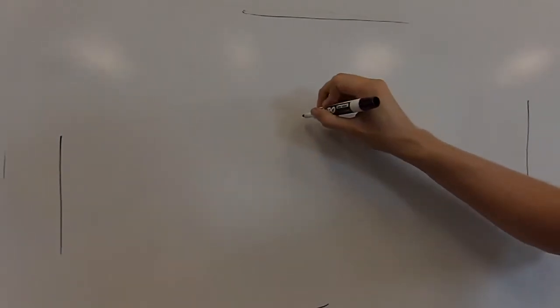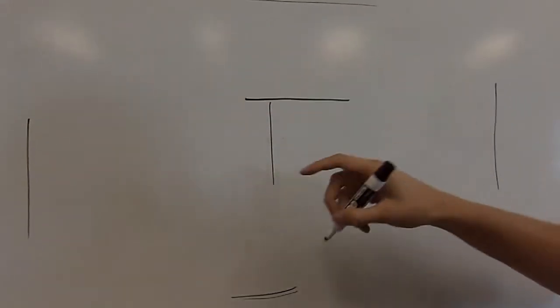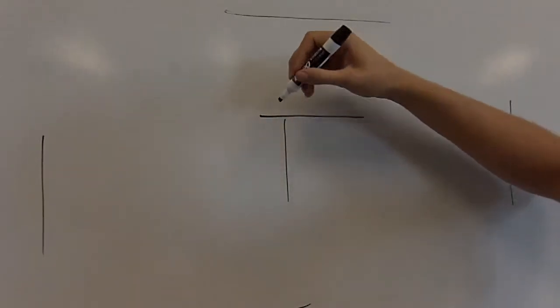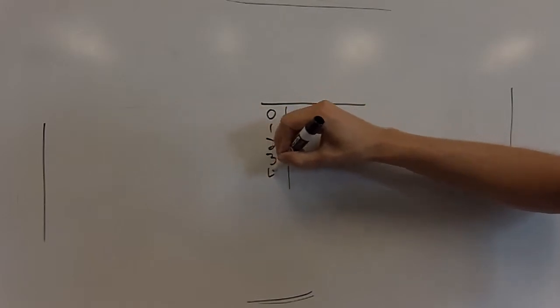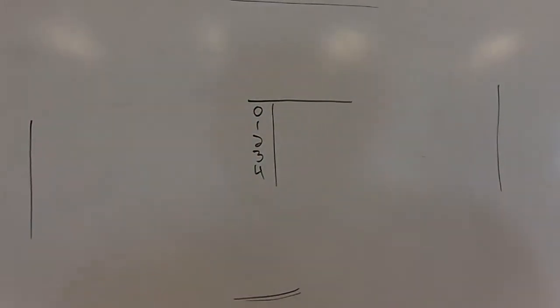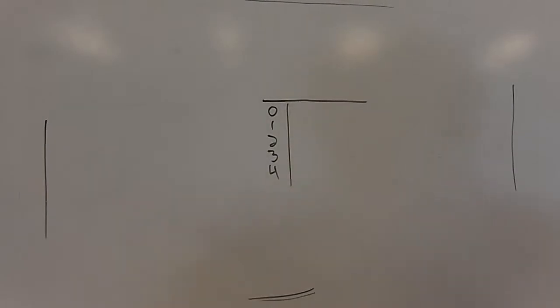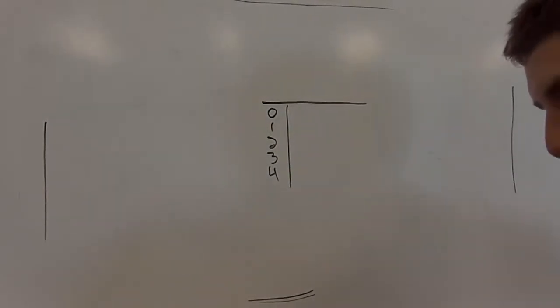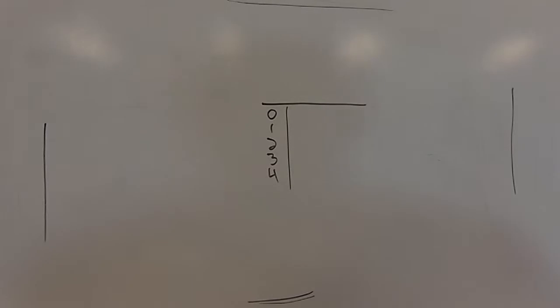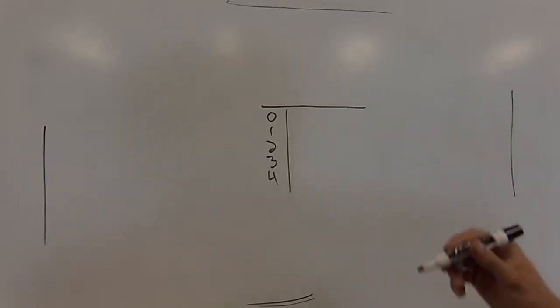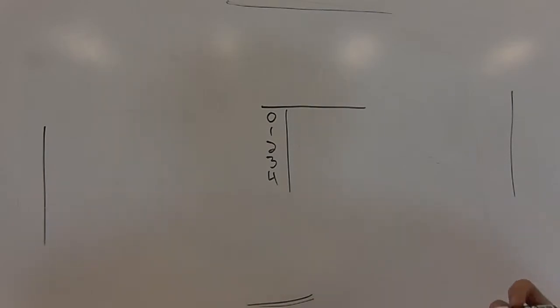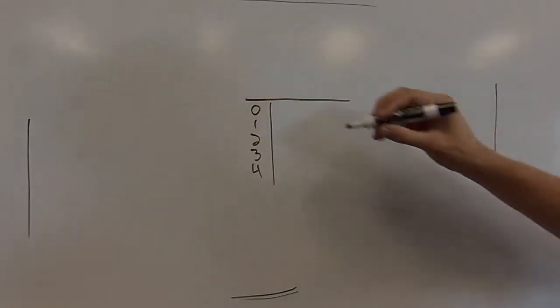So the first type of stem and leaf plot you're going to see is going to look like this. You're going to have your stem, and your leaves are over here. So basically this is how you organize your data. So let's say your data ranges from 0 to 48 or something like that. If you wanted to write your data down on a stem and leaf plot,